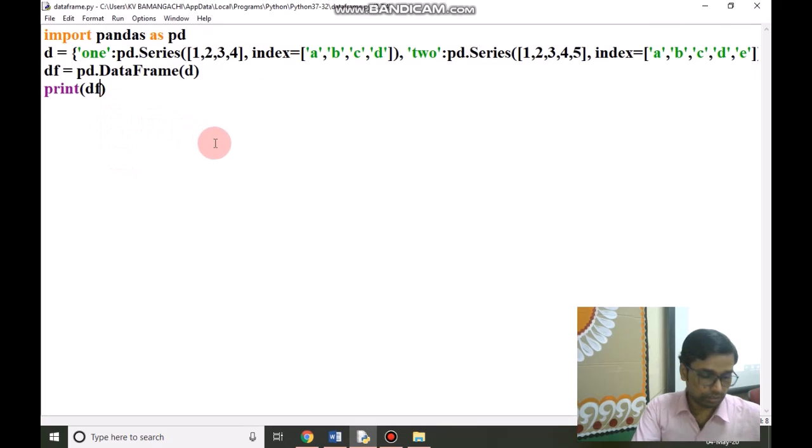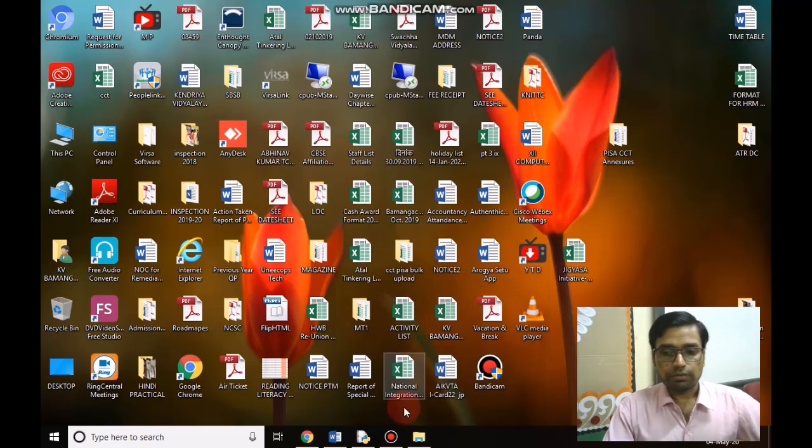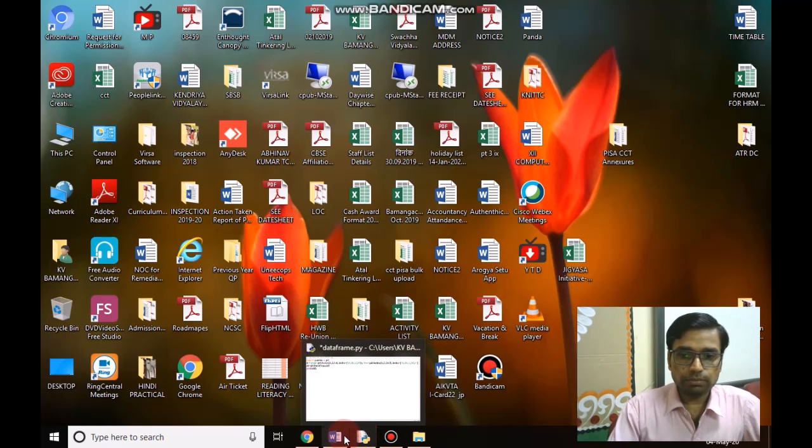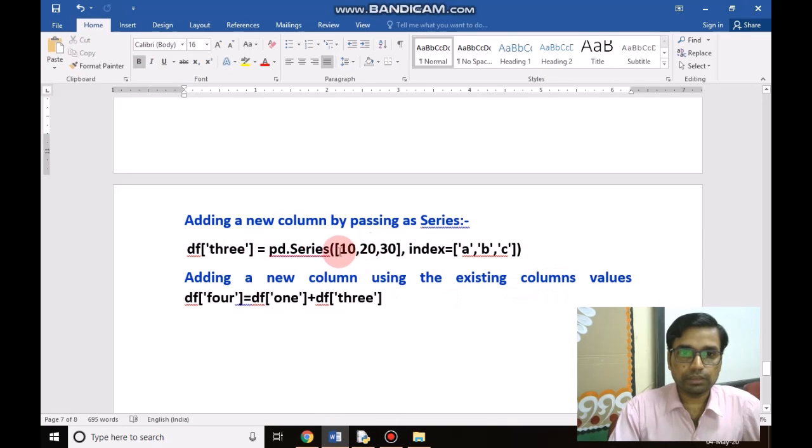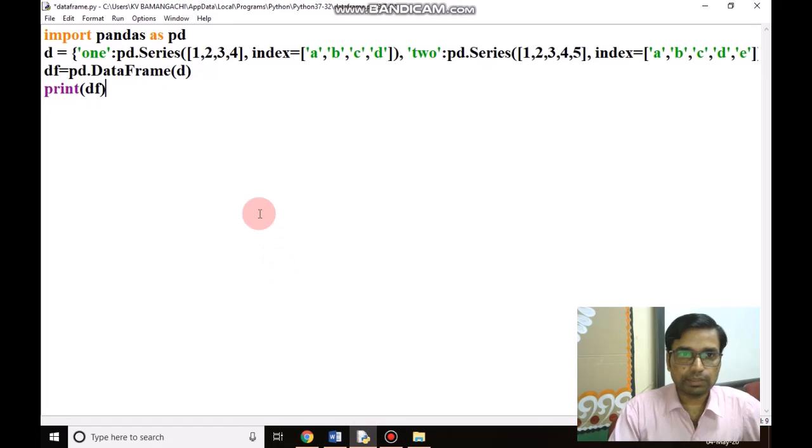So in this way, you can make a data frame. If we want to add a new column in the data frame, then we will write the column name with the data frame name, and then we will supply a series with index. Come to the coding.